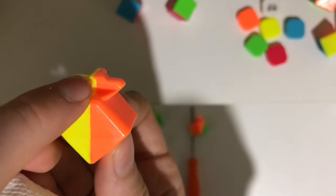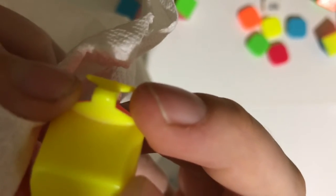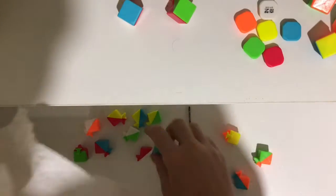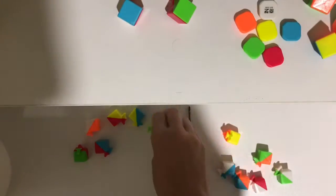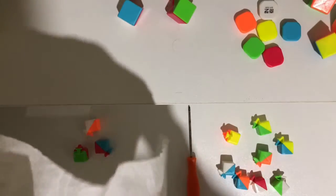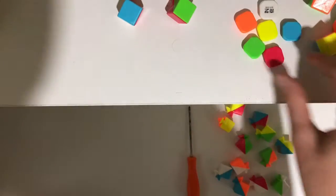Onto the edge pieces, all you want to do is make sure that you're getting under here and even under there. The reason I'm using paper towels is because they're thin and they can get into small spaces, like just in here. Okay, so once you've done the edge pieces, some people like to clean